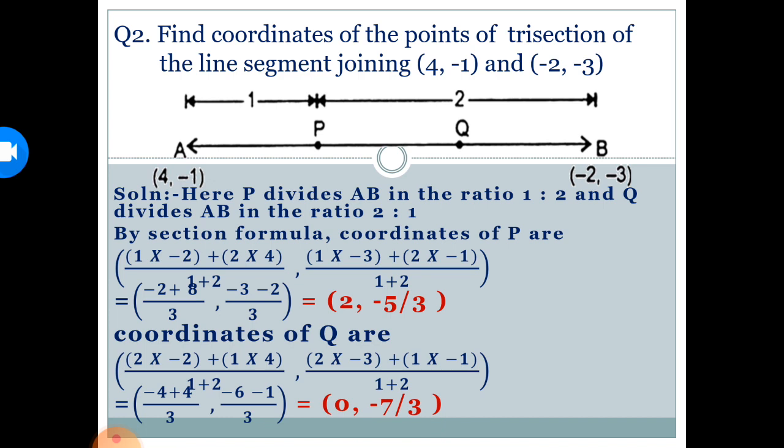This is a very important question. Same way it can be asked that the line is divided into 4 equal parts. So 4 equal parts means you will take 3 different points on the line segment, given line segment AB, such that the distances AP, PQ, QR and RB will be equal. Okay, and proceed like this. There is a question in your exercise that you try by yourself. Now another question.